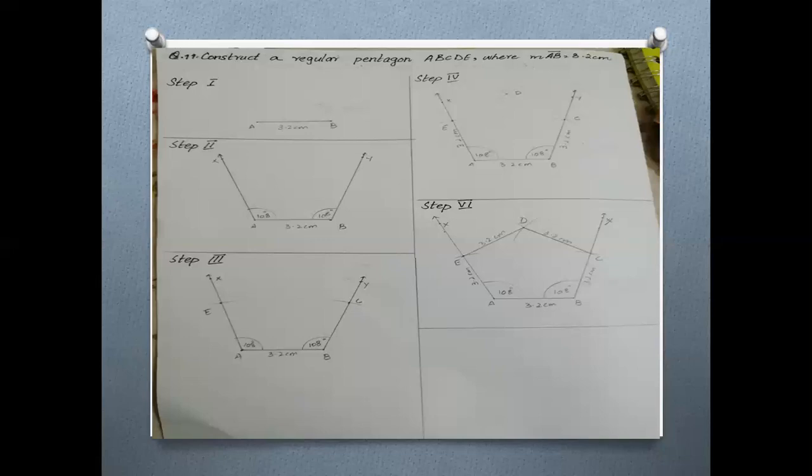Put your compass on point C, draw an arc, and repeat the same procedure with point E. With 3.2 centimeter radius, put your compass on point E and cut the first arc. Both arcs meet each other at point D. Now you will join with the scale D with C and D with E. We have a 5-sided figure AB, BC, CD, DE, EA. Each side is of 3.2 centimeter. Is it clear?